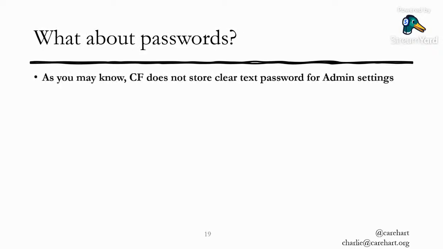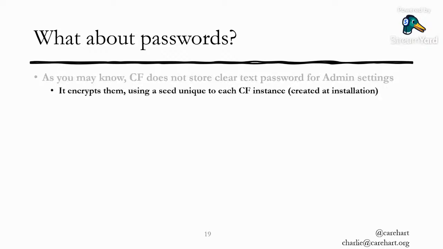Now, about passwords, you may know that CF doesn't store clear text passwords in the admin. That's good. It doesn't. You can't see them in the UI. If you look at the underlying neo-XML files, you can't see them. It encrypts them, and it encrypts them using a seed that's unique to each instance. And that seed is created at installation. So every CF instance would have its own seed, and the neo-XML files, if you just looked in them,